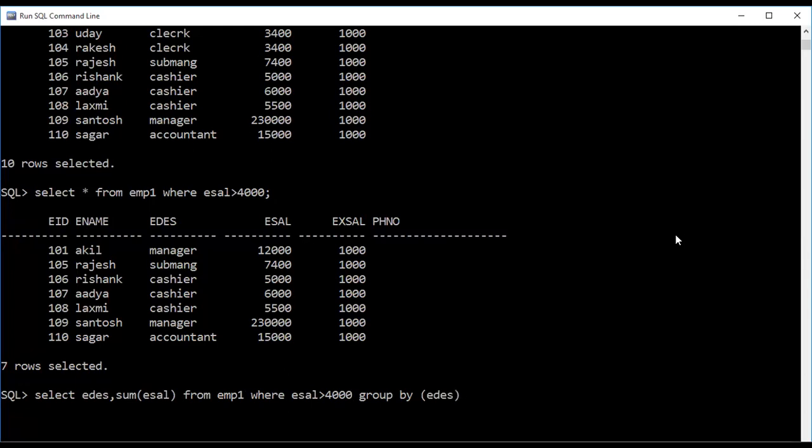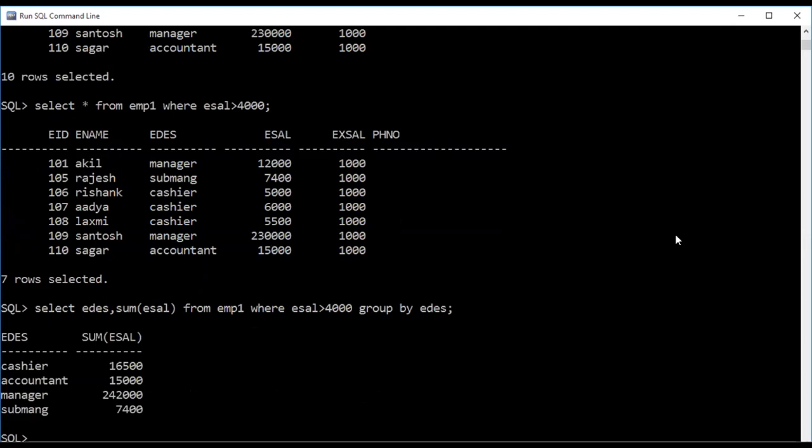Now no need of these open square brackets. Group by E designation. Now I'm giving a semicolon. Later I'll apply having, so I'm showing you step by step. Now what are you getting? Cashier, accountant, manager, sub-manager. Cashier salary is 6,500, accountant is 15,000, manager is 2,42,000, sub-manager is 74,000.